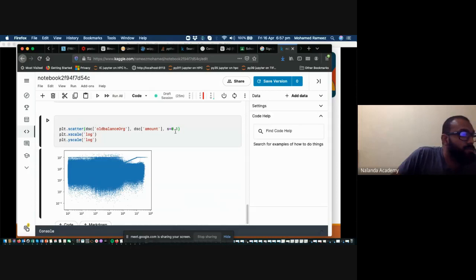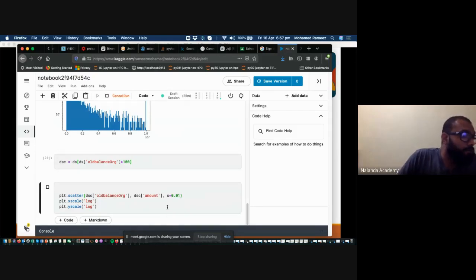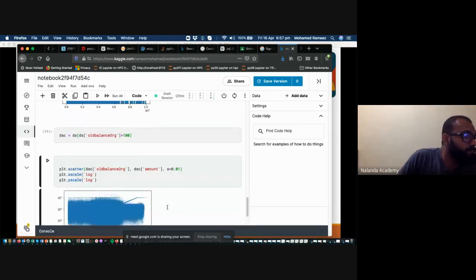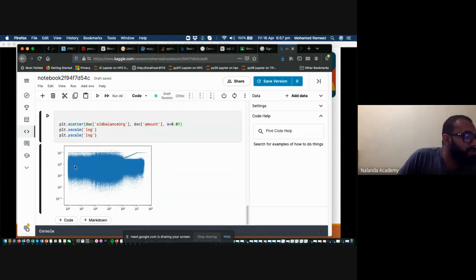So this will let you choose smaller points, etc. For example, if you choose 0.01, you get an even finer plot. So what you're basically seeing here is now that there are a large number of cases where